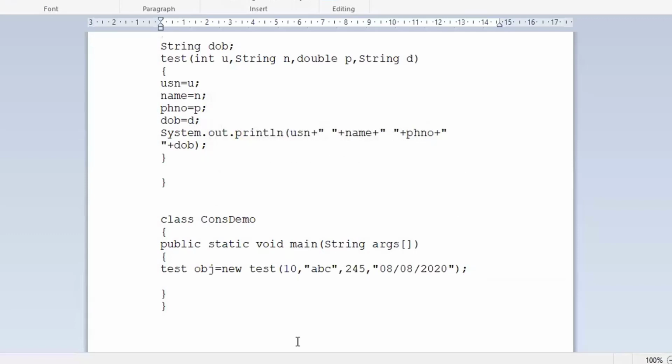Now the phone number is 245. No confusion, right? In the previous example we used a zero argument constructor, and now we are using a parameterized constructor. Shall I run the program and cross check?